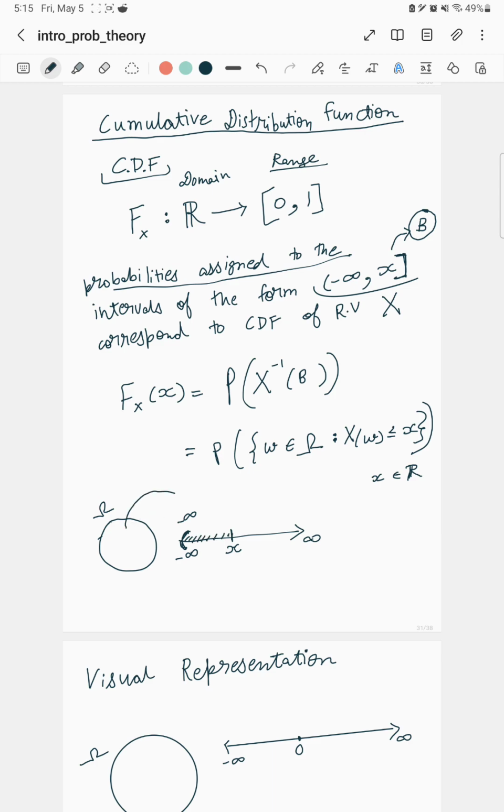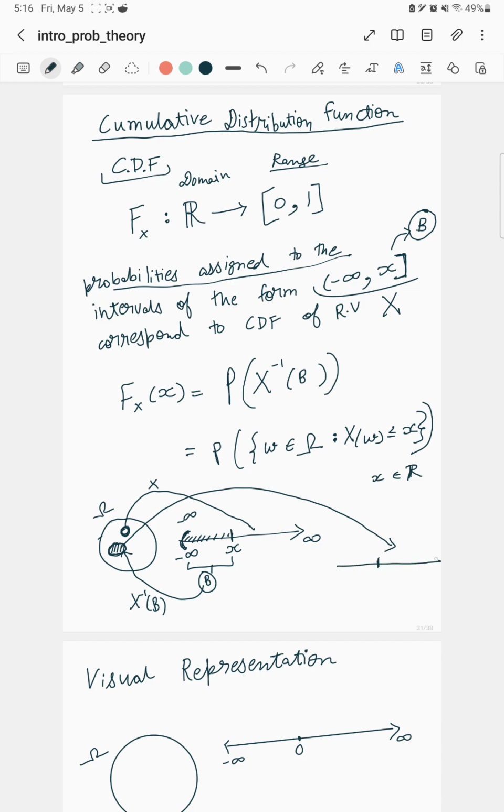We know that there is a random variable X which exists and which maps from the sample space Omega to the real number line. Let's say this Borel set is B. We would take a pre-image of this Borel set B, which is X inverse of B. Let's say it is a collection of some elements in the sample space Omega, which is this. So this is X inverse of B, and then we will take the probability measure of this